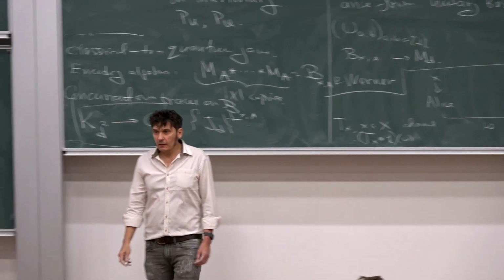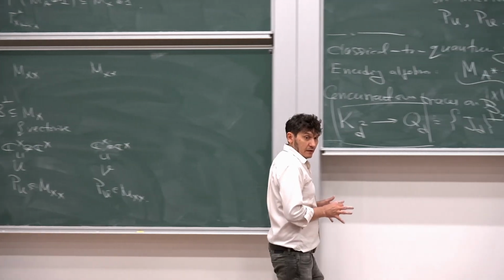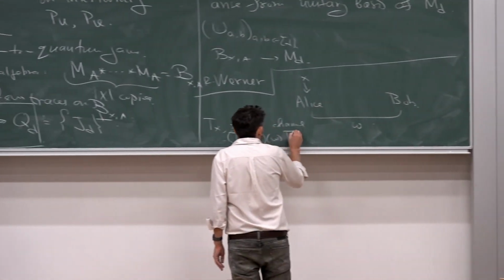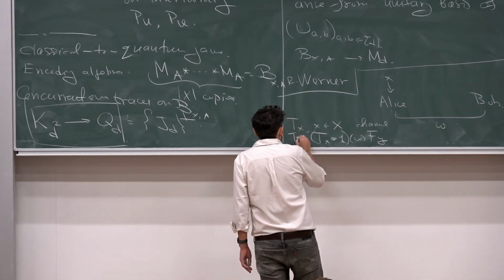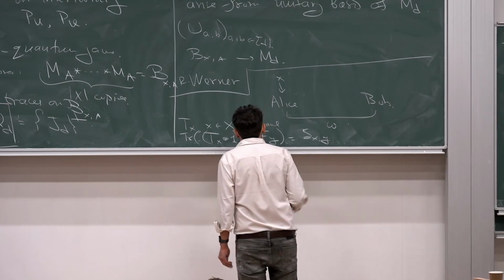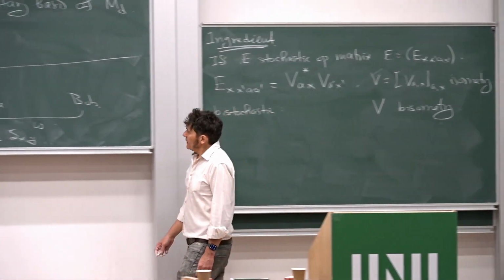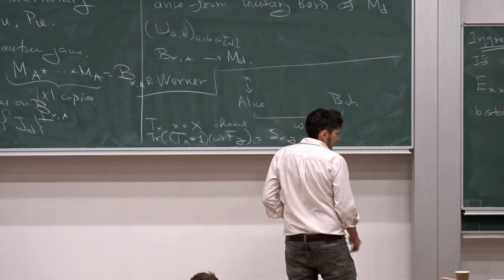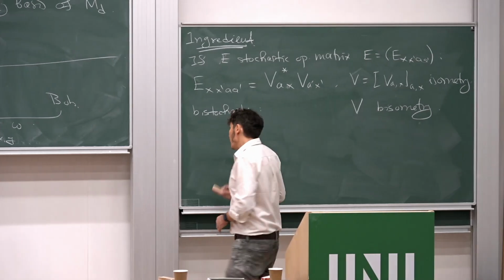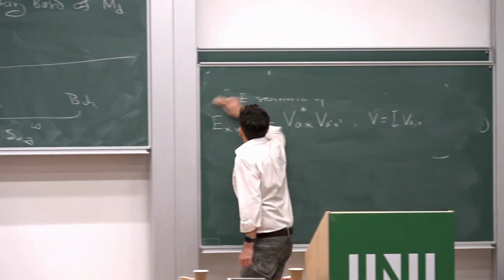So Bob receives something. He wants to measure his part of the state with respect to some measurement that he has. Let's call it F sub y. And what you want is that this is the Kronecker delta of x y. If you are given a unitary basis, you can build up T_x and F_y in the following way, and this is where I will finish. I'm aware that I have minus 10 seconds, so this will be minus 20 seconds, I promise.